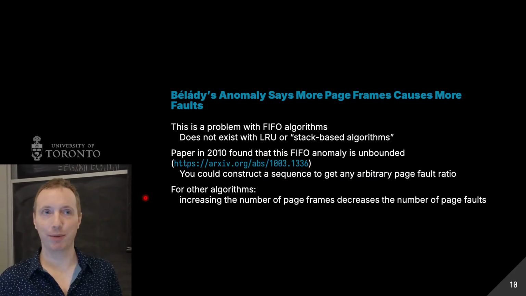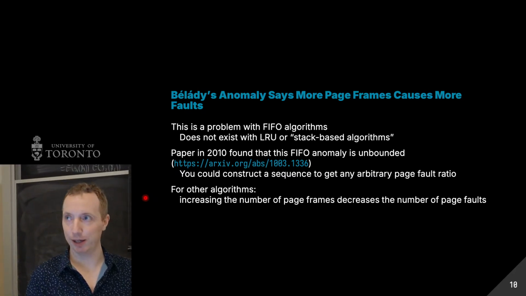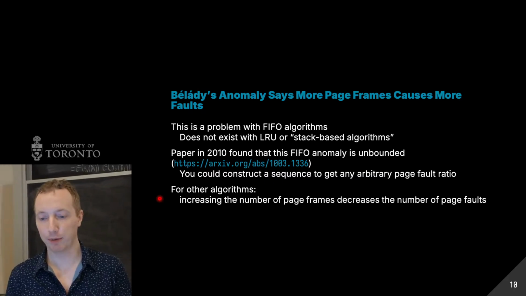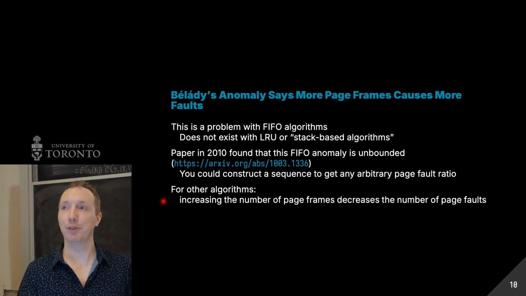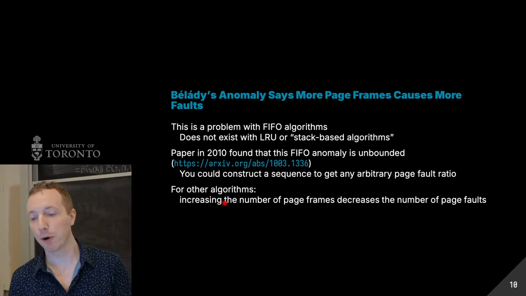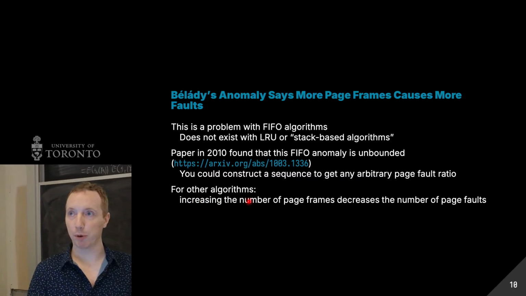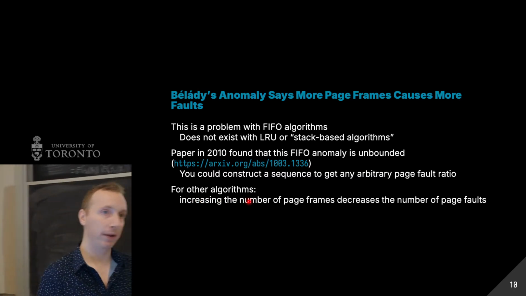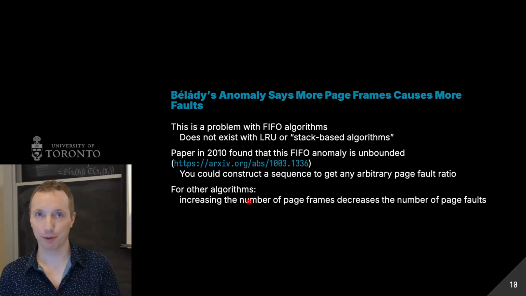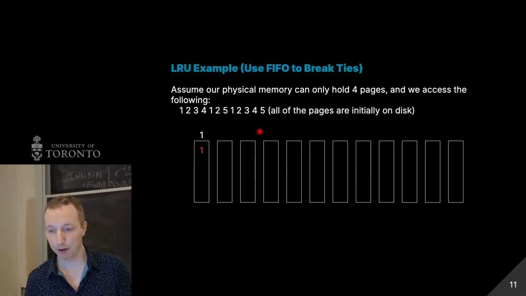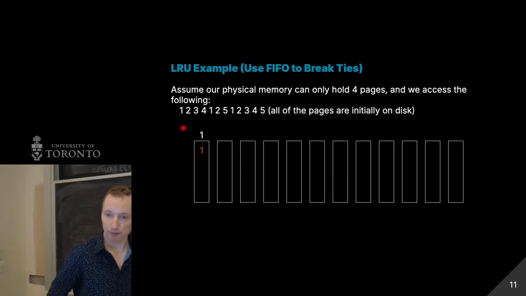You don't have to understand why, just know that this anomaly exists, and it is only for FIFO algorithms. For any normal algorithm, the more page frames you have, aka the more memory you have, the number of page faults decreases. So, little fun thing. All right,